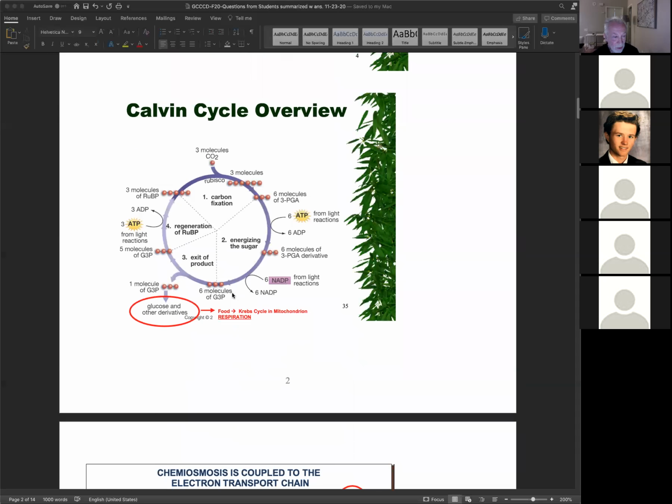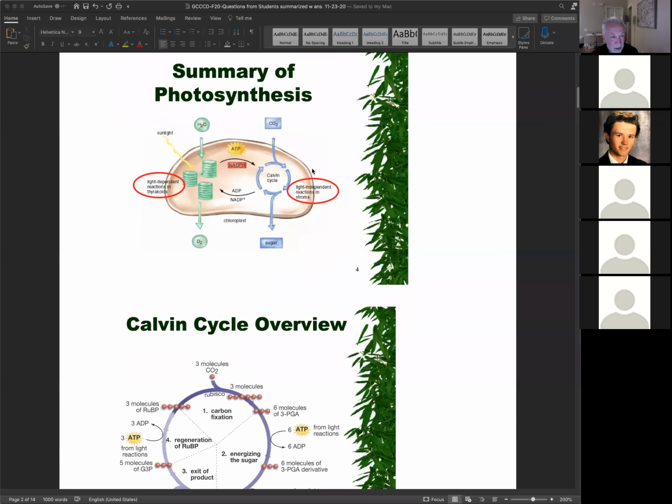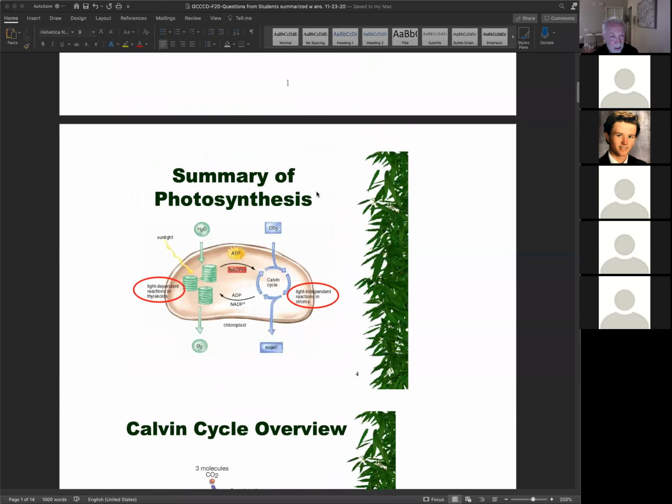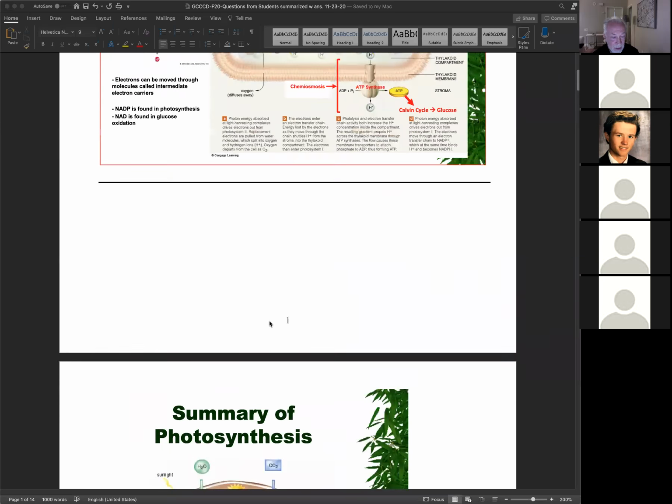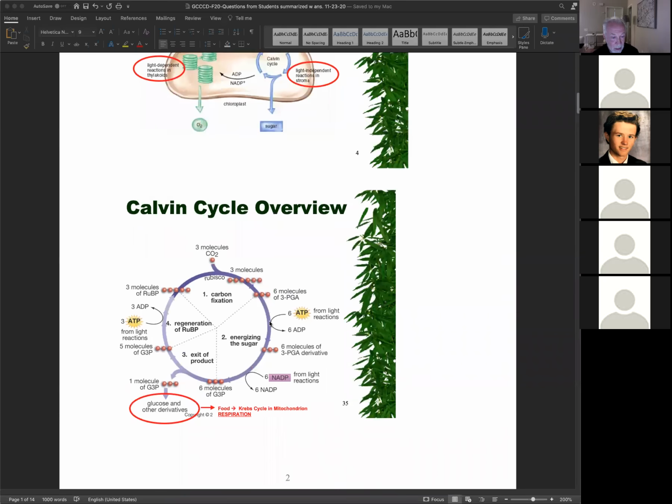And you don't have to know all the steps and all the molecules in the Calvin cycle, but what you do need to know is that the ATP that's generated here goes into the Calvin cycle